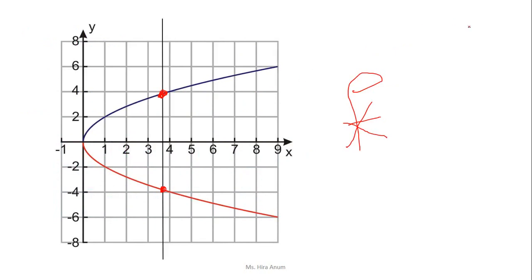If you take this kind of function and check, it cuts at one point. If the vertical line cuts 1 time, then it's a function. Otherwise, if it cuts 2 or more times, then it's not a function. Or if it does not cut the graph at all, then it's also not a function.